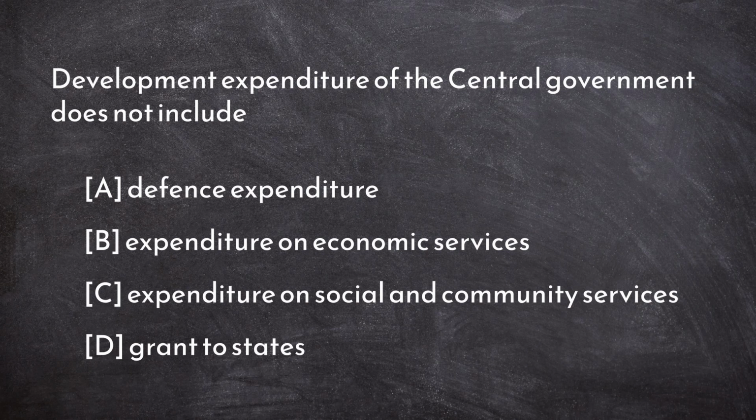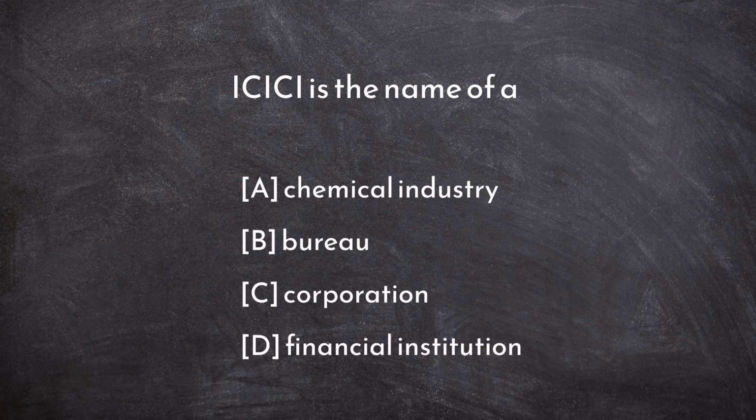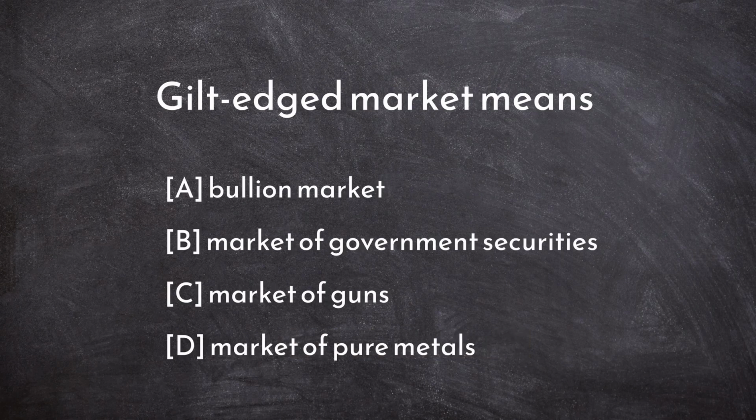Development expenditure of the central government does not include defense expenditure. ICICI is the name of a financial institution. Gilt-edged market means